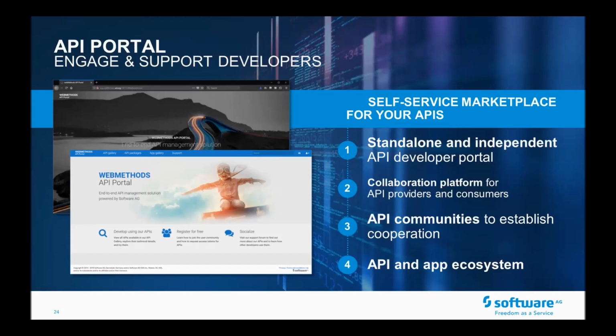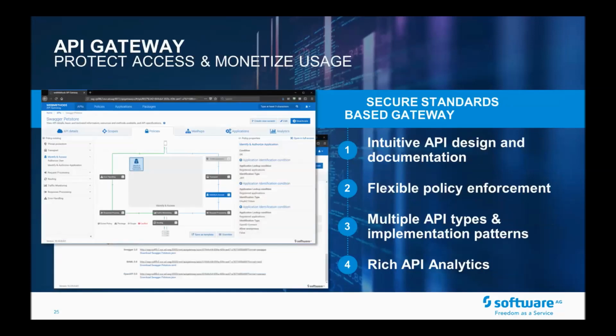We made a few enhancements to make onboarding of B2B partners easier and allow them to onboard their own users, so that you can establish a community of B2B partners and let them manage who they want to onboard to API portal. All this is to make this relationship management platform easier to use for you as the API product manager, if you will.